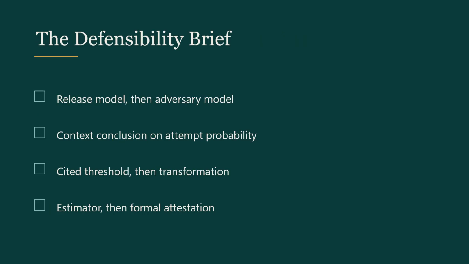Here is the ordered written sequence that makes a threshold defensible, 7 steps, and the order is load-bearing because each step is the premise of the next. Step 1. Identify the release model and the use case, public domain or controlled by agreement, and who the anticipated recipients are. Step 2. Formally adopt the adversary model or models, prosecutor, journalist, marketer, and state whether you evaluate at the maximum or the average, tied to Step 1. Step 3.